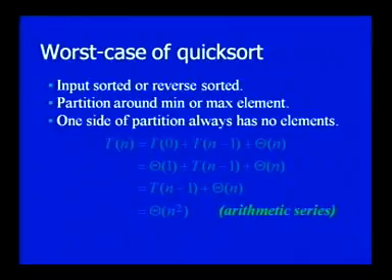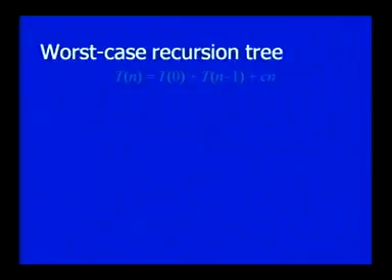So, you can see very well if you solve this like we have seen in the last session, T n equal to T n minus 1 plus 1, you can see very well it comes to theta of n square. So, this is the worst case. The worst case complexity analysis of quicksort is theta of n square. You can also use the iteration method.